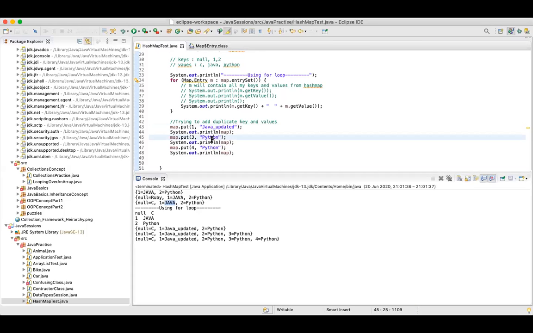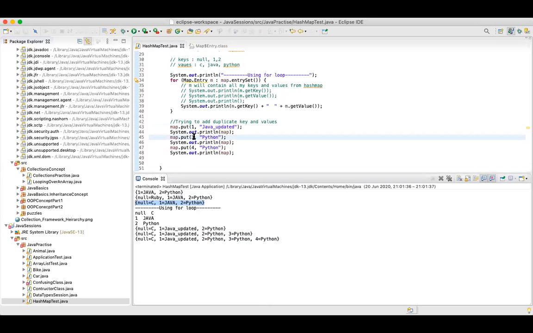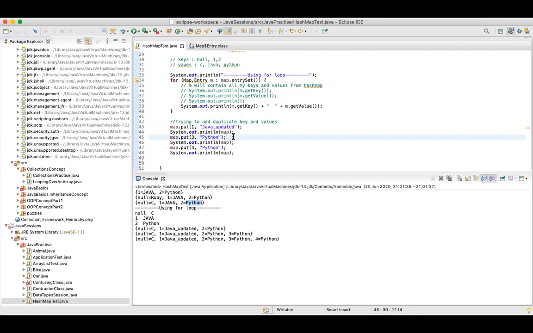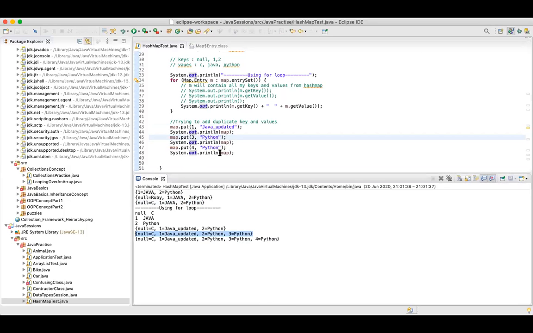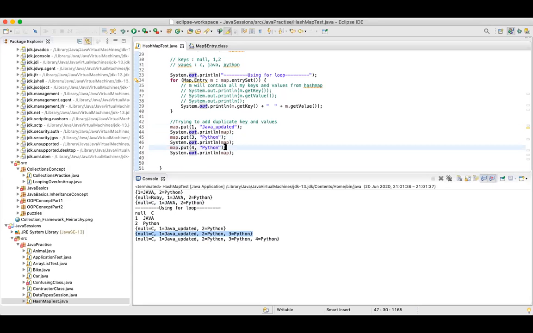But when I say 3 comma Python, there was no value for this particular key. This key is not present in this list, so this is a new entry, right? Now Python is already present over there, guys. Python is the value and the value is already present, but we can have duplicate values, but we cannot have duplicate keys. So this key is not present over here, so it will simply go and add. Now again, when I say map.put 4 comma Python, again it will check: is 4, this key, present in my list? No. So simply go and add. Simple, guys. I think it's quite simple. Once you practice, you will get more understanding of this.